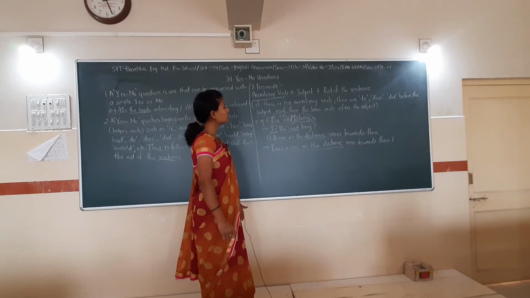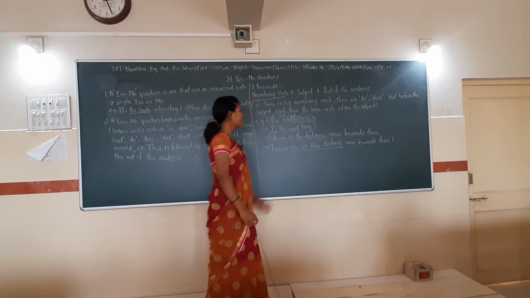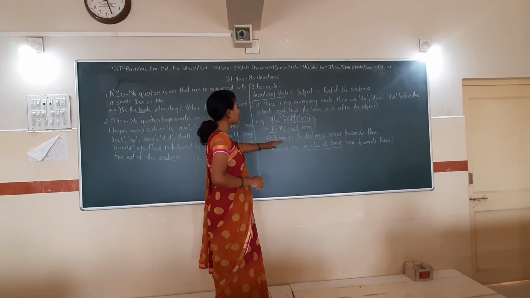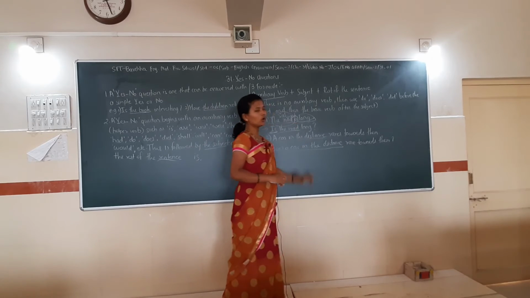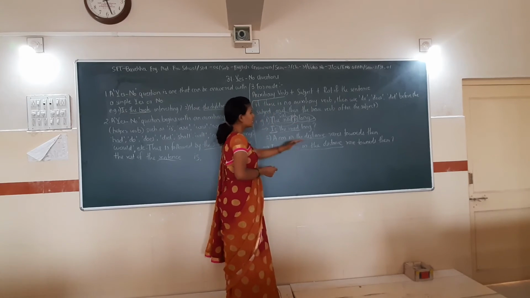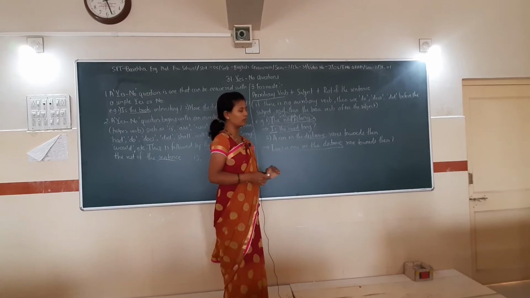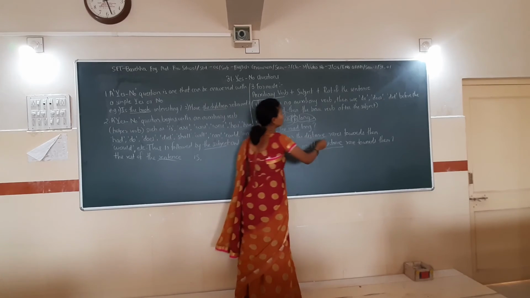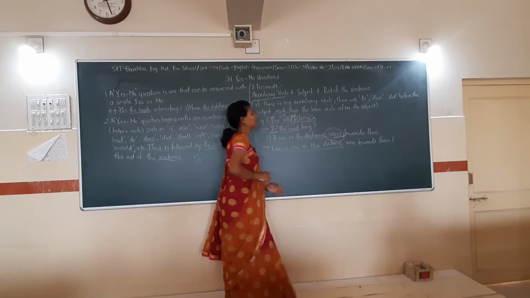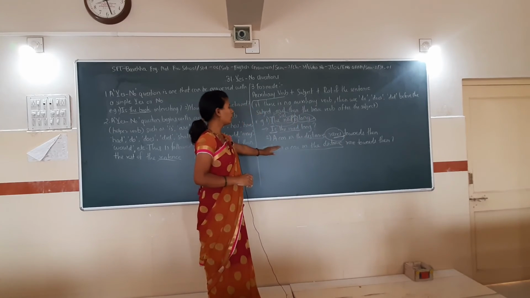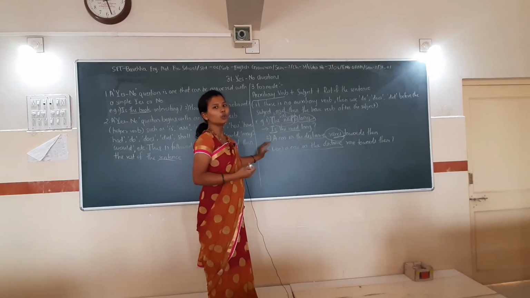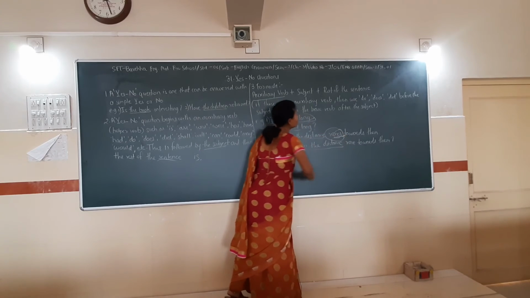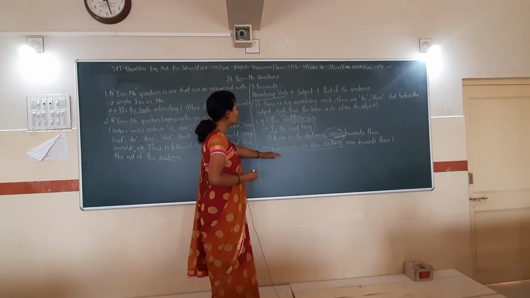Second, a car in the distance races towards them. In this sentence, a car in the distance is your subject. After that, races. After that, there is no auxiliary verb, right? In this sentence there is no auxiliary verb, but there is this verb, races. And with the help of the tense, you can find whether you have to use do or does or did. So this is races. The "es" is here in your verb. That is why you have to use does.